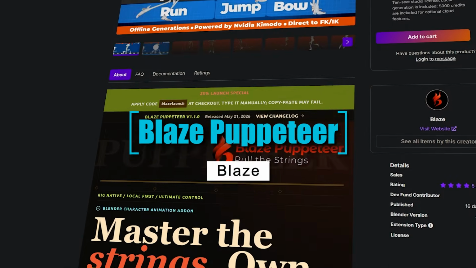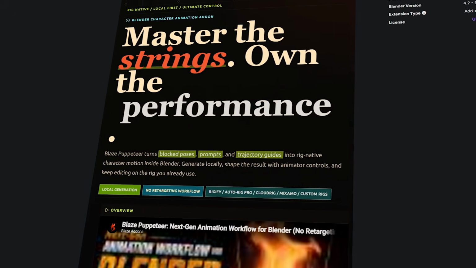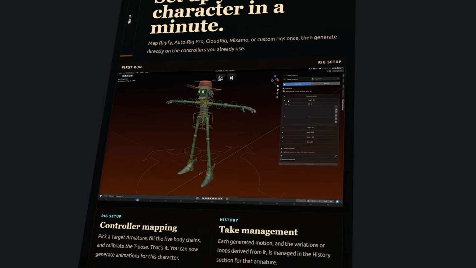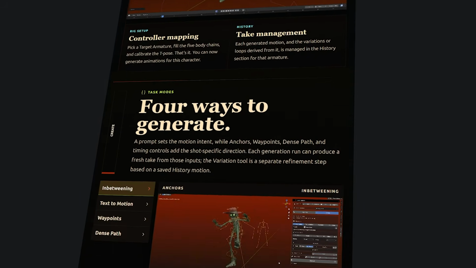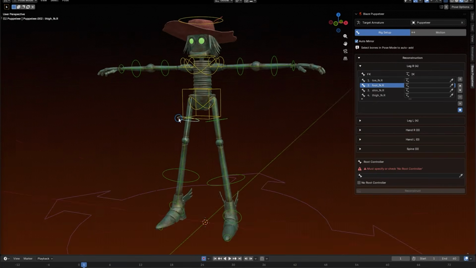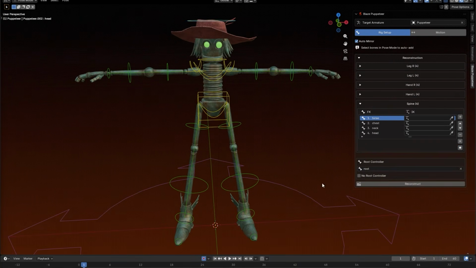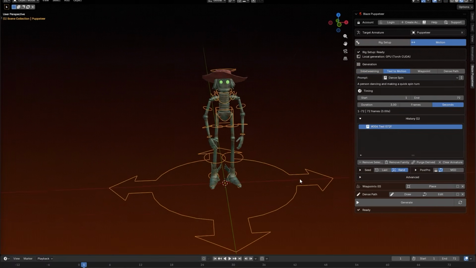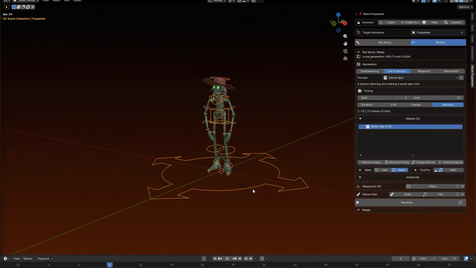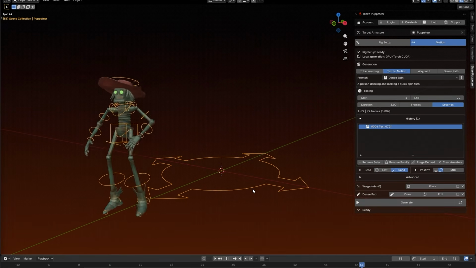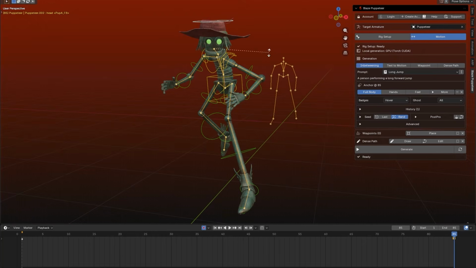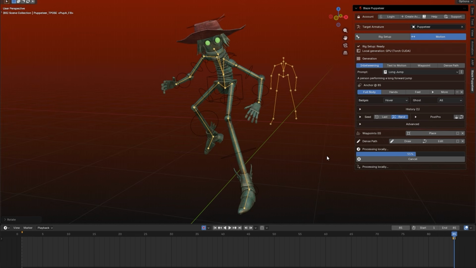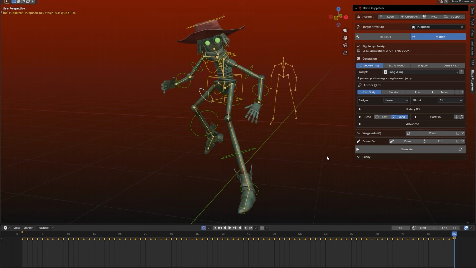Still with animation, Blaze Puppeteer is basically a Blender animation add-on which is gonna help you make character posing and puppeteering feel way faster and more interactive. I mean, almost like controlling a digital puppet in real time. So instead of constantly moving individual bones one by one, the add-on lets you use mouse-driven controls to pose characters dynamically, also blend different poses, create secondary motion, and manipulate rigs in more intuitive ways during animation blocking and performance